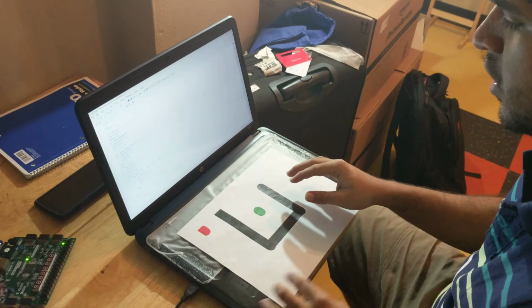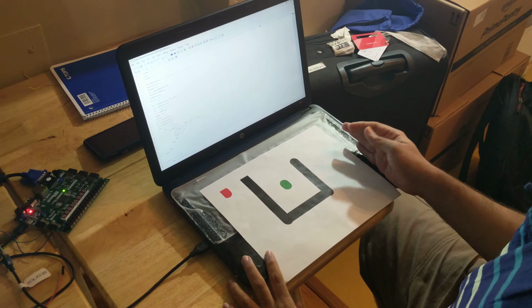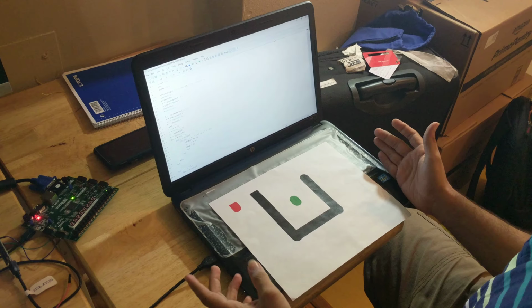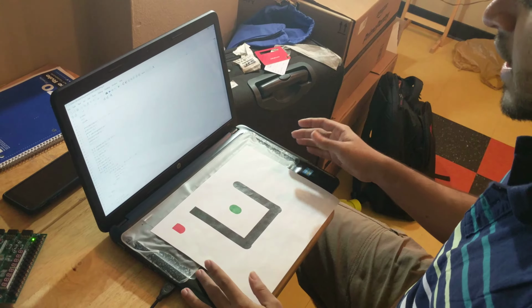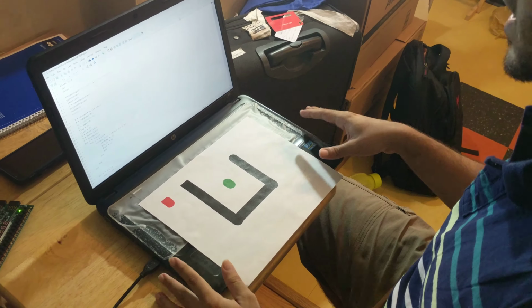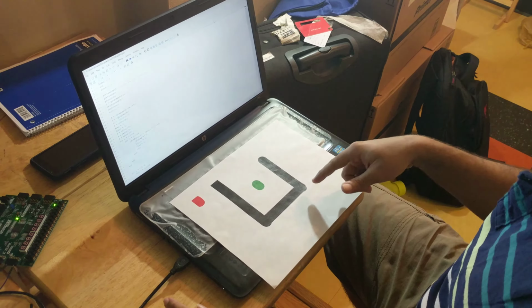Hi everyone, this is the final project demo for ECE 544. So we have designed a Dijkstra's maze solving algorithm on an FPGA. What we do is we scan an image which looks something like this through the camera. You could scan any kind of image which has a start point, an end point and a maze